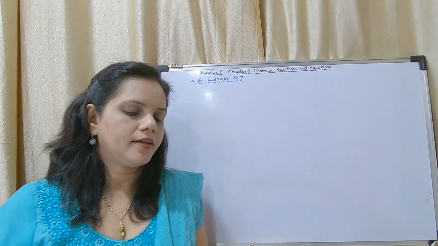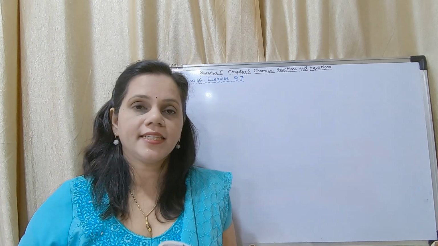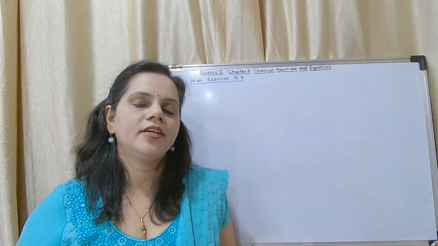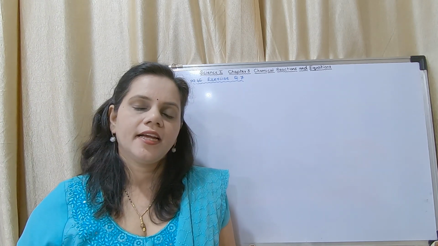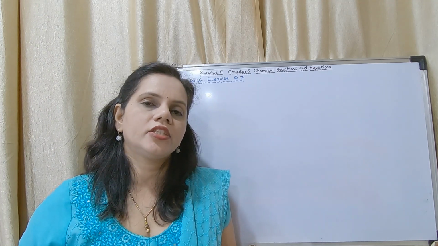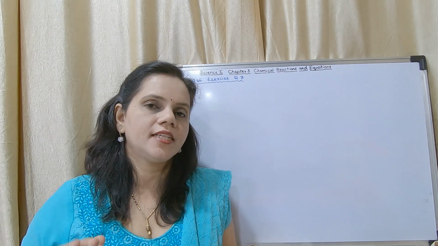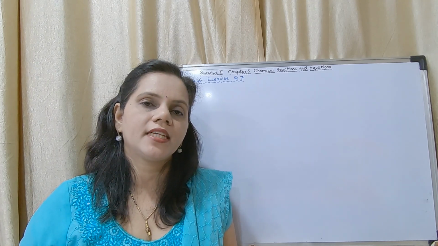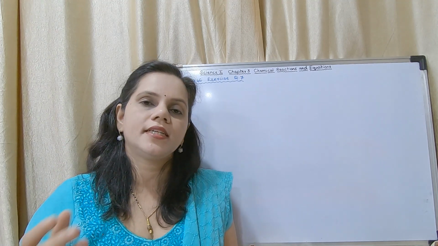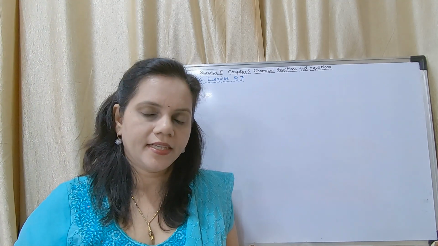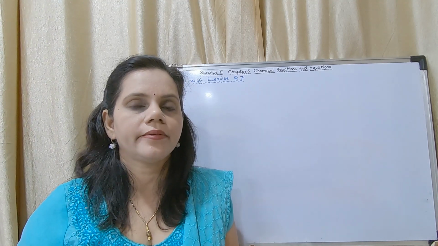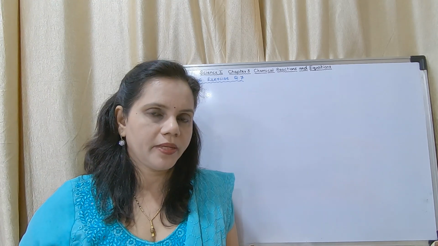So now question number 8 on page number 46. Identify the endothermic and exothermic reactions. Do you remember endothermic and exothermic reactions? Endothermic reactions are those reactions in which heat is absorbed, and exothermic reactions are reactions in which heat is released. For endothermic reactions, either it is written as a triangle on the arrow or heat is written towards the left hand side. If the term heat is written towards the right hand side of the equation, that means it is an exothermic reaction.